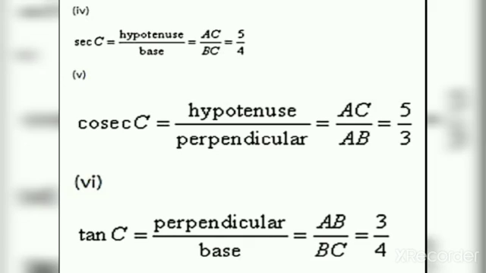This is how you will find the ratios like sine, cos, tan, everything. First, what is the reference angle? Which angle are you going to take as the reference angle? With respect to that, you have to find the base, perpendicular and hypotenuse, and you should remember what sine is. Sine is PH, that is perpendicular divided by hypotenuse. Likewise, you have to remember the formulas and substitute the values.